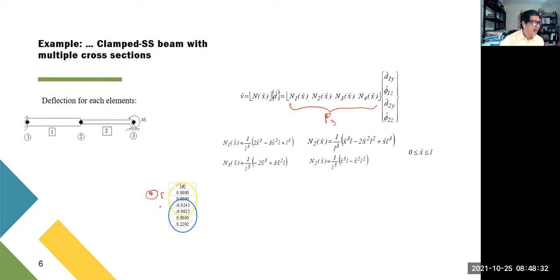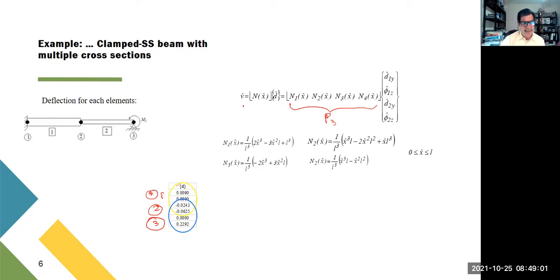This is joint 1. This is joint 2. And this is joint 3. And in yellow, I'm circling these 2 joints which define element 1. And in blue are the 2 joints which define element 2. So what we need to do is take these 4 values in yellow, put them into here, and we can